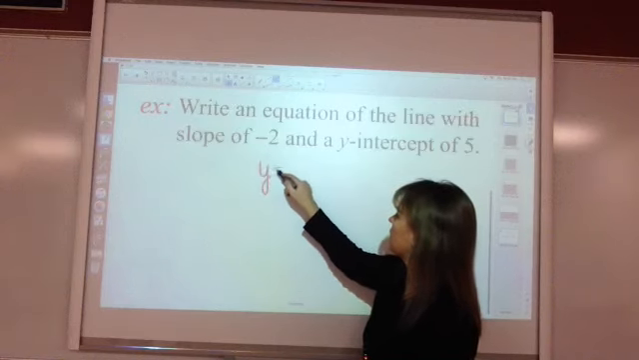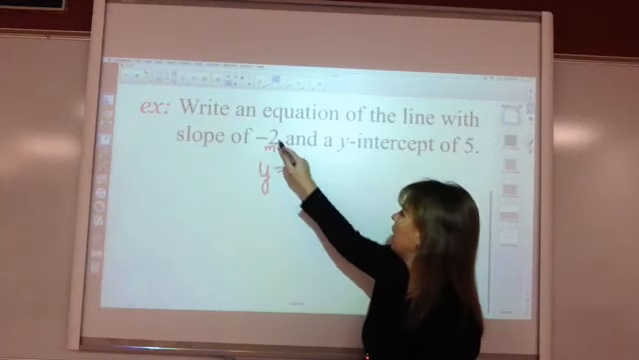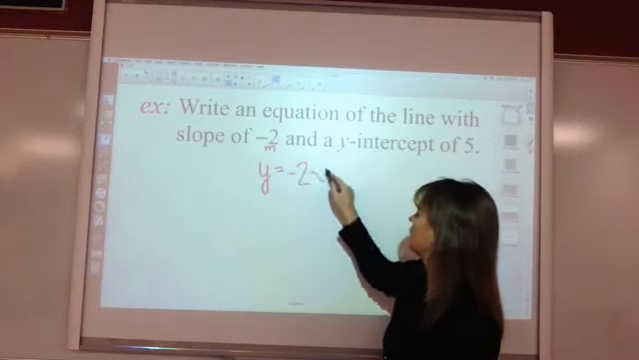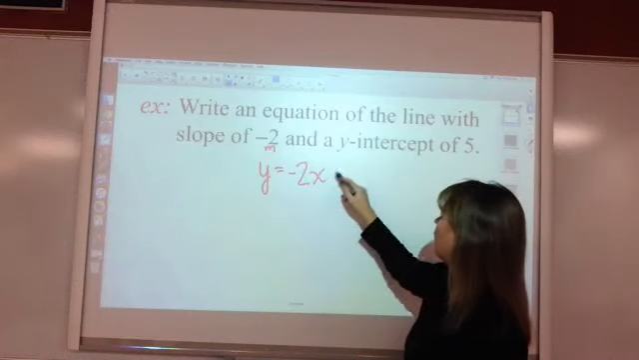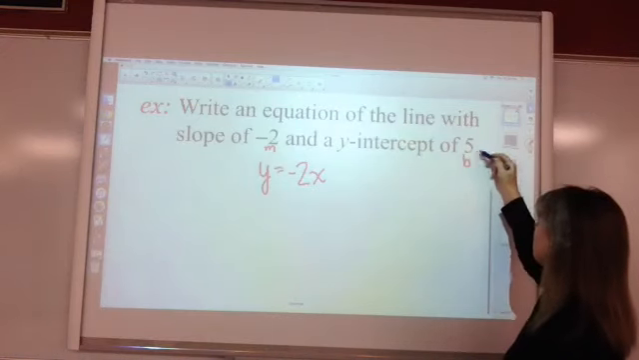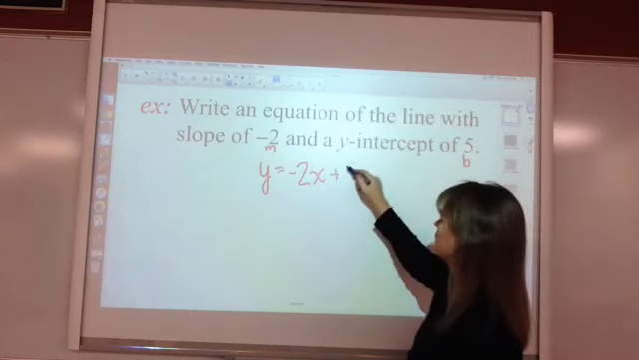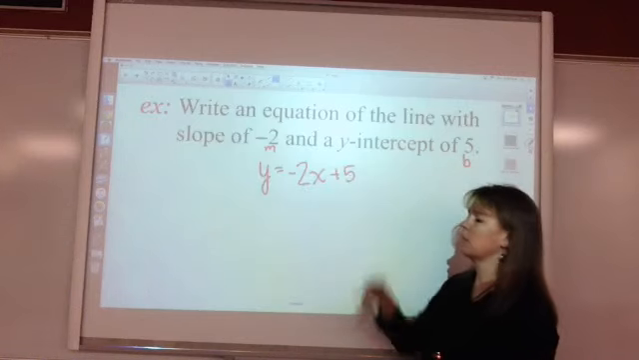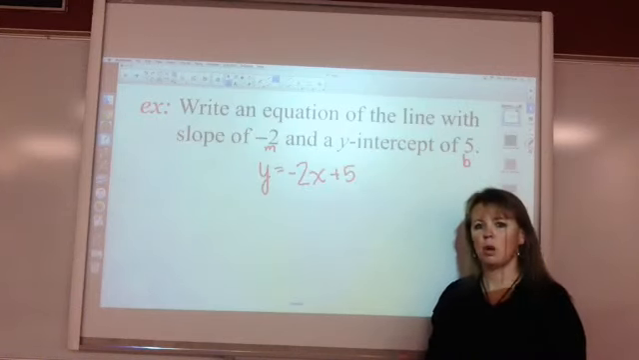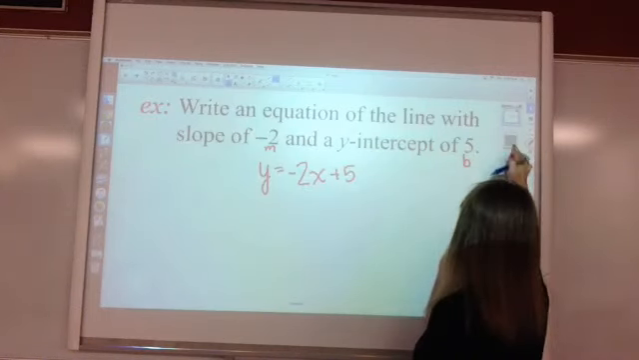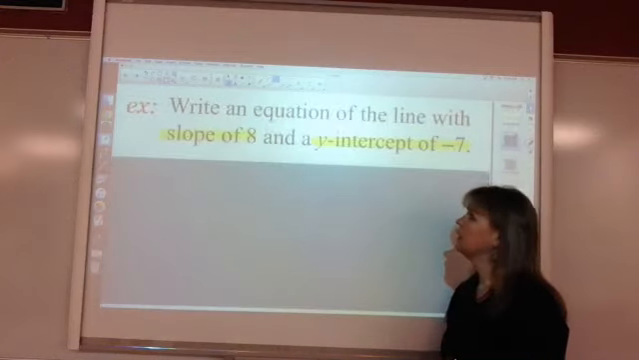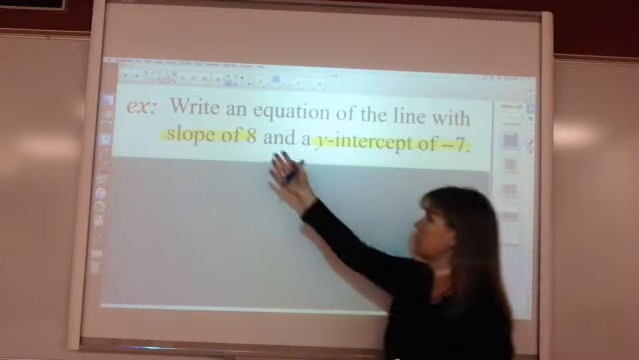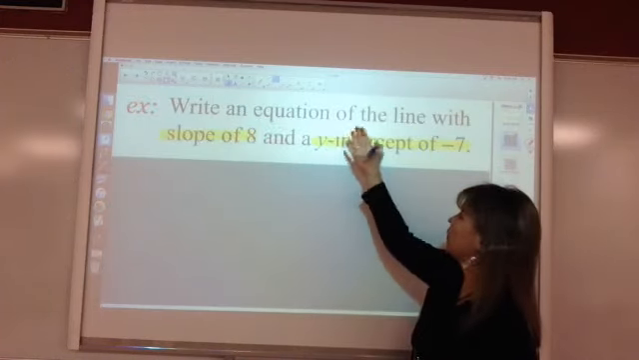We need y equals mx plus b. We know that -2 is our m. And we know that y-intercept is our base, our 5. So final answer, y equals -2x plus 5. No more work than that. Easy as that. Next example, same instructions,